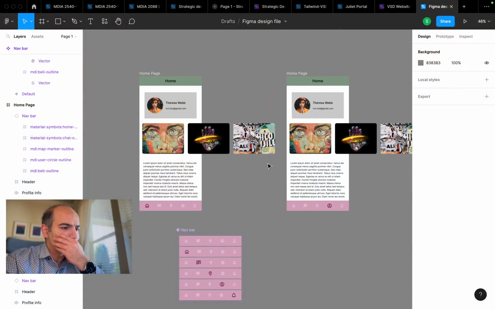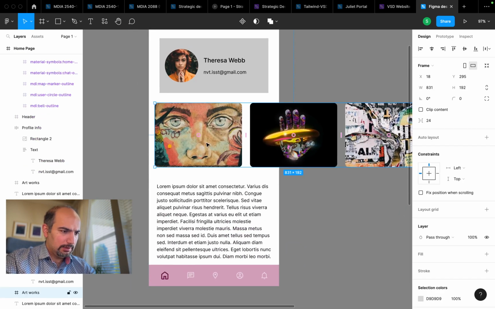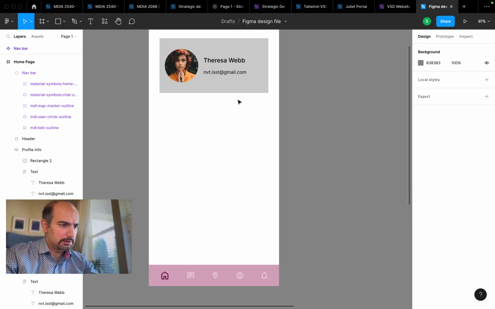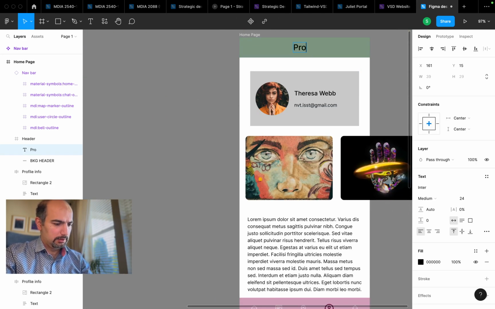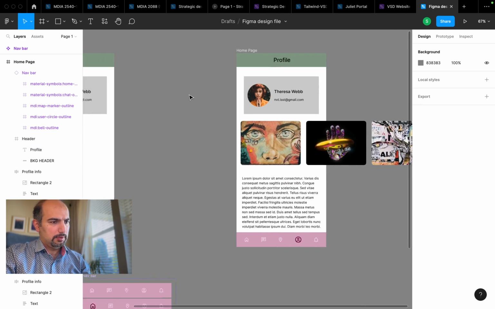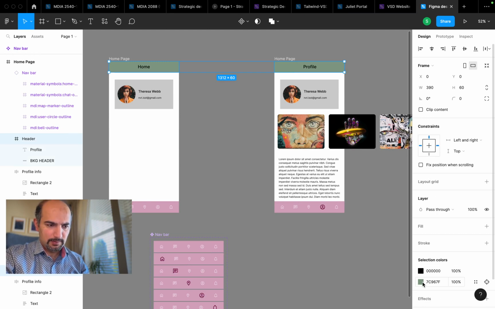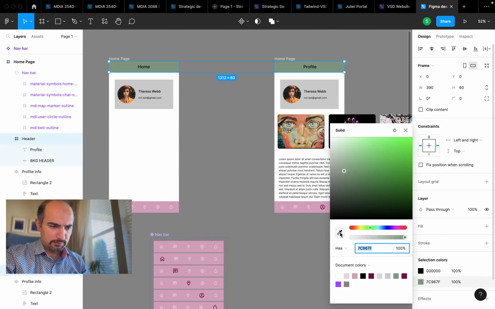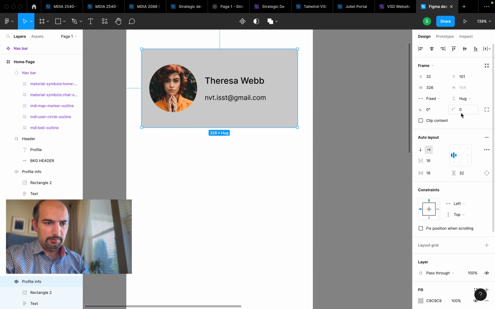Now we want to learn about the basics of prototyping. Okay, let's get started, and I'm gonna show you here. Yeah, this is the file that we had, and I'm gonna quickly delete these parts, because this is the home page and this is the profile page. Okay, so I'm gonna keep that way, and let me change this color because green doesn't go that well with the rest. So let's have fewer colors here,